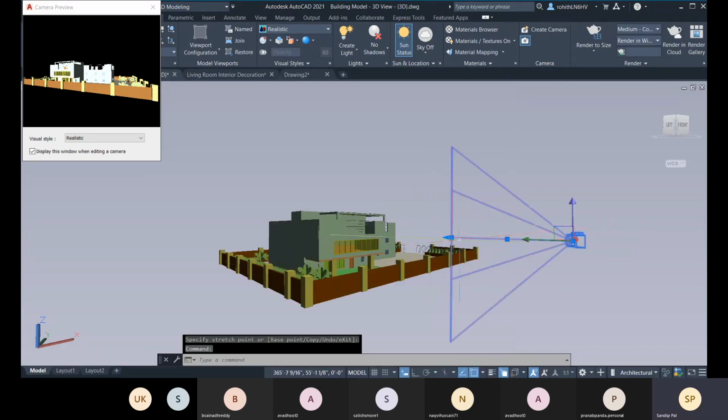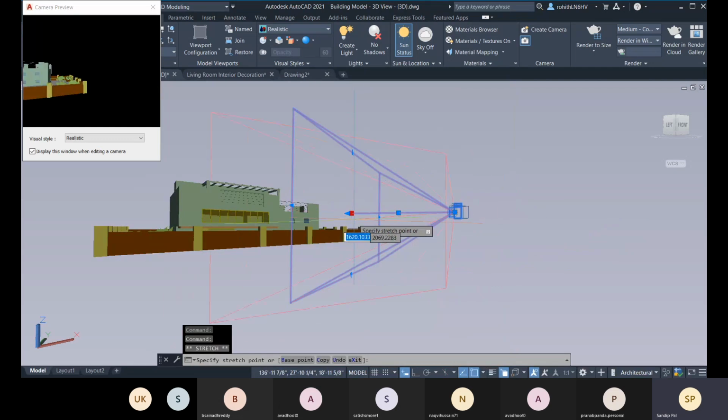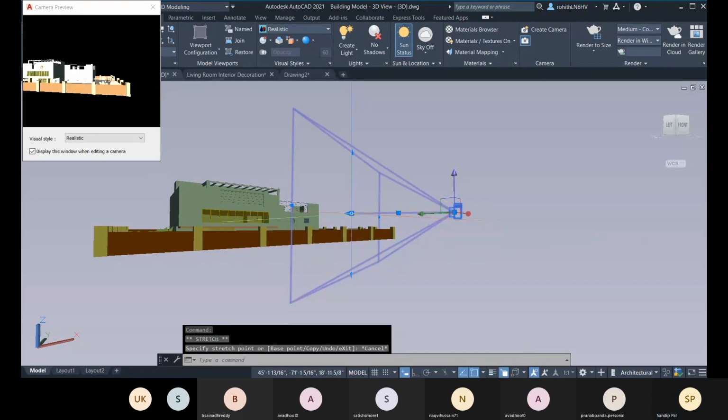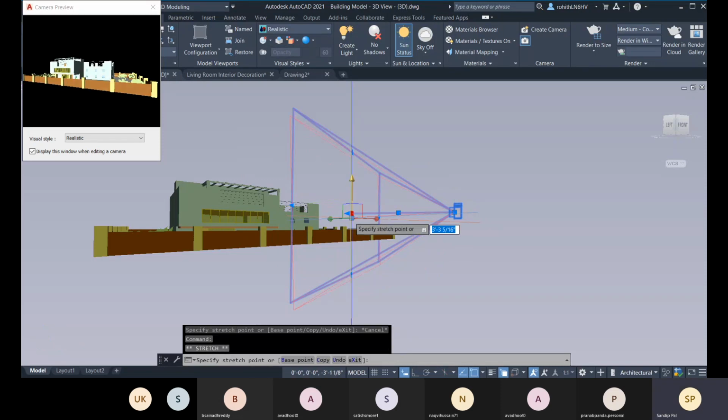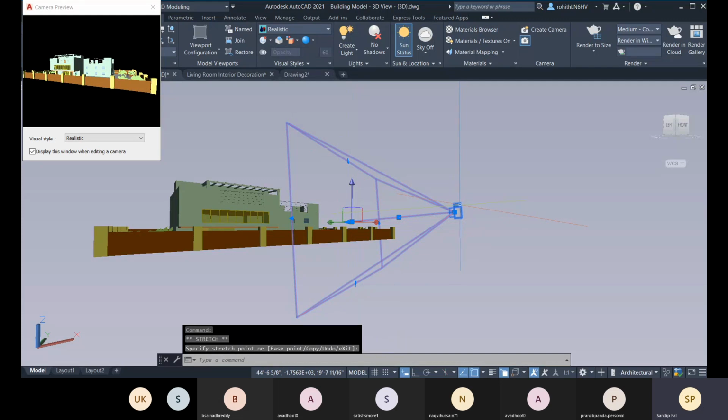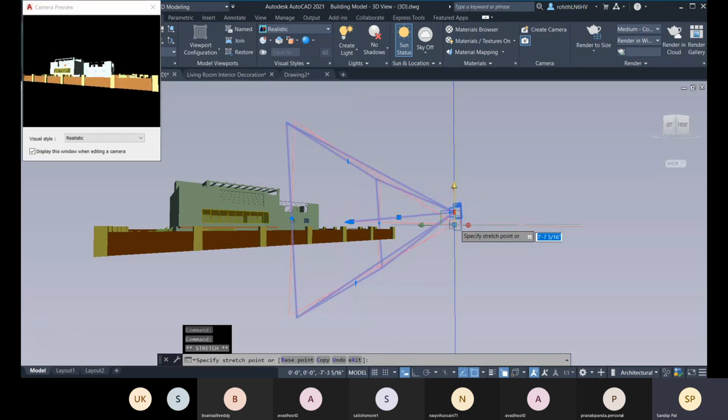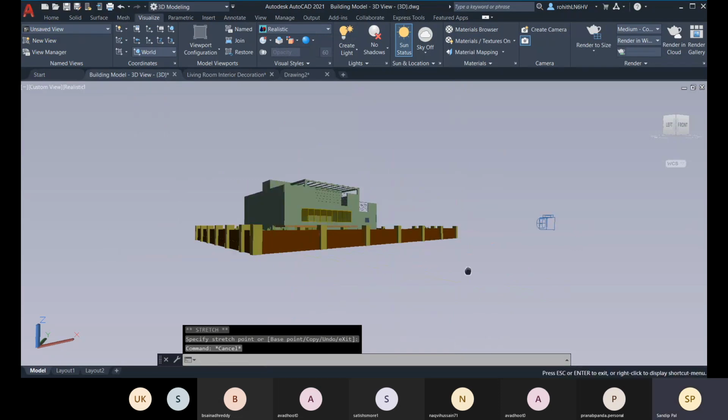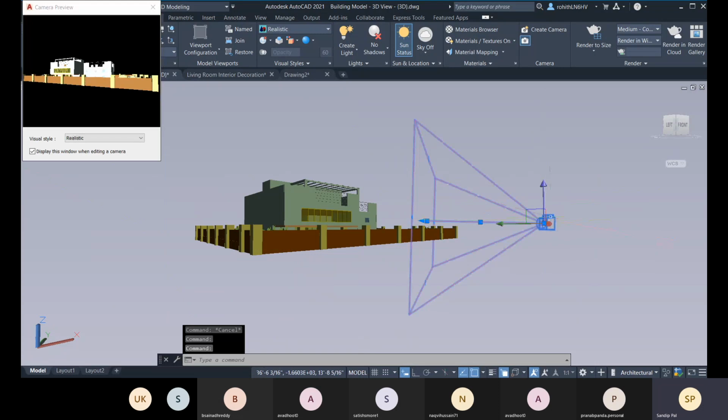This way you can set your view. When you select this camera, you will have a gizmo for your camera location that you can change. So you can create multiple camera positions and camera views.